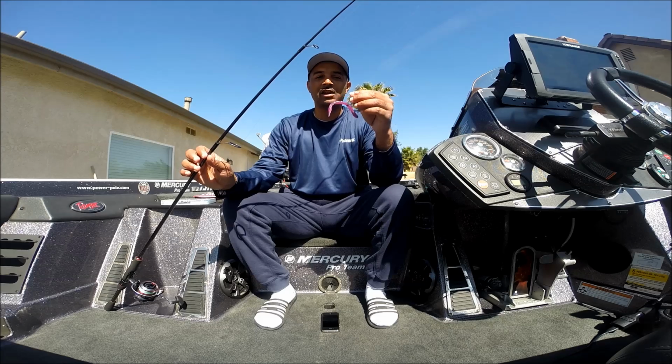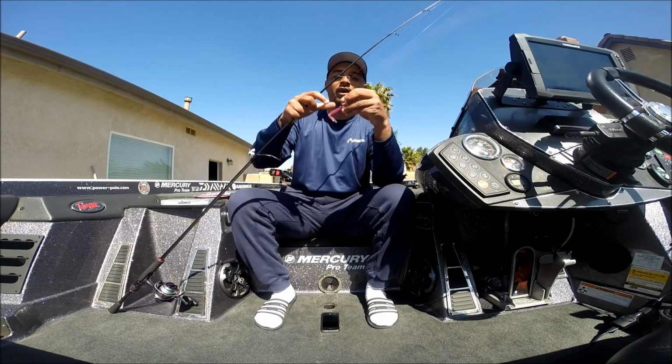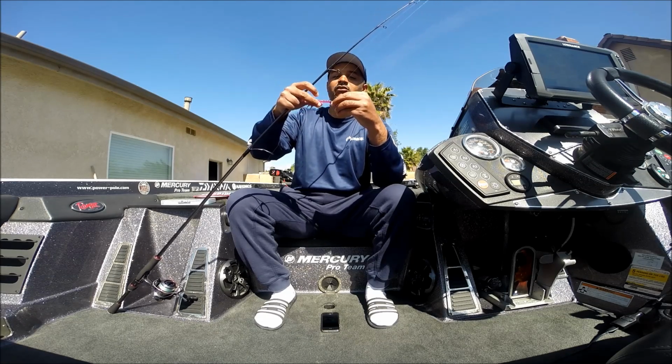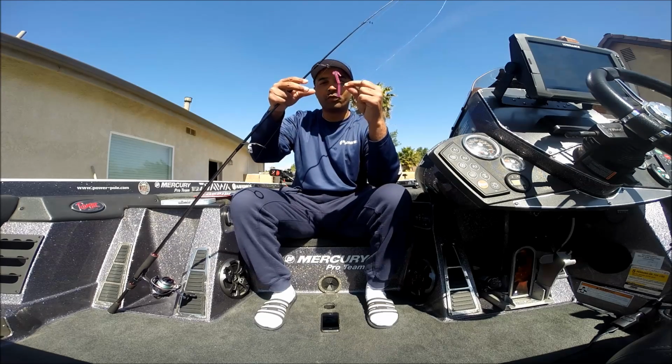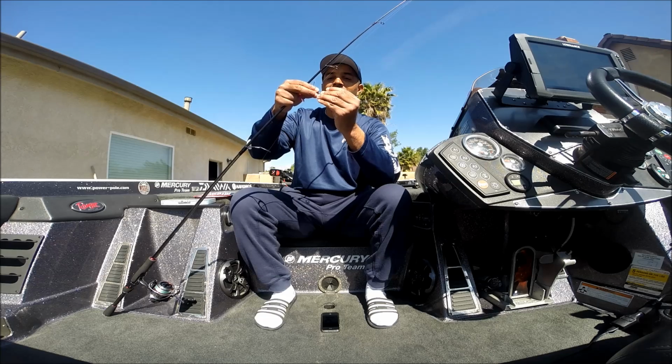It's been around for a long time, or this technique rather. And again, it's very simple. You just put a nail weight into your favorite plastic worm, same bait that you would probably drop shot. We use an O-ring to hold the hook. You just insert the weight into the head of the bait,